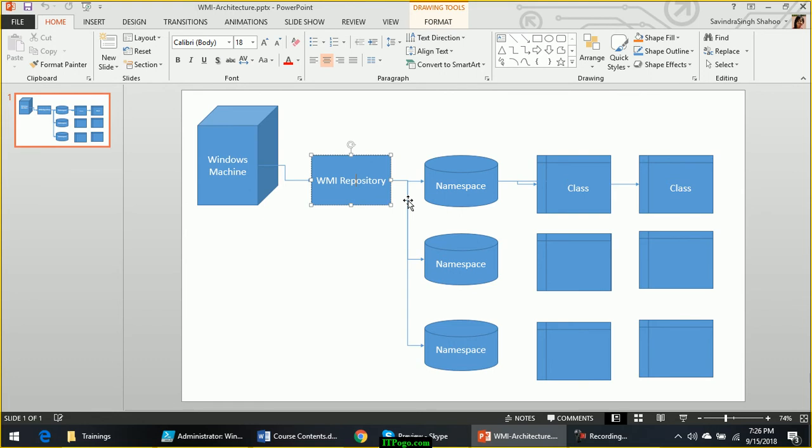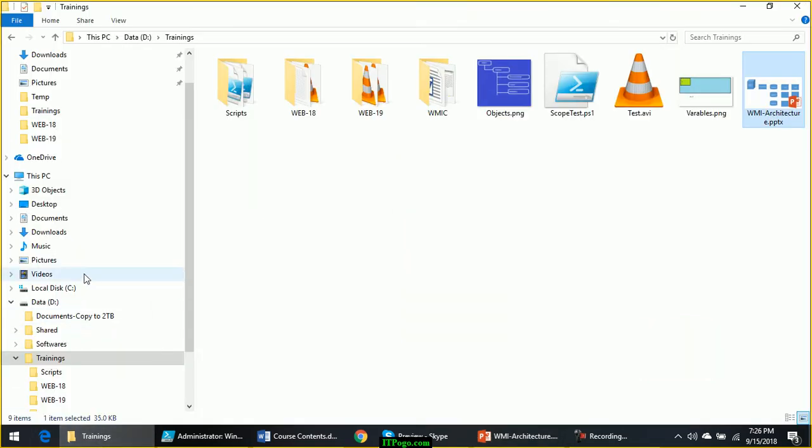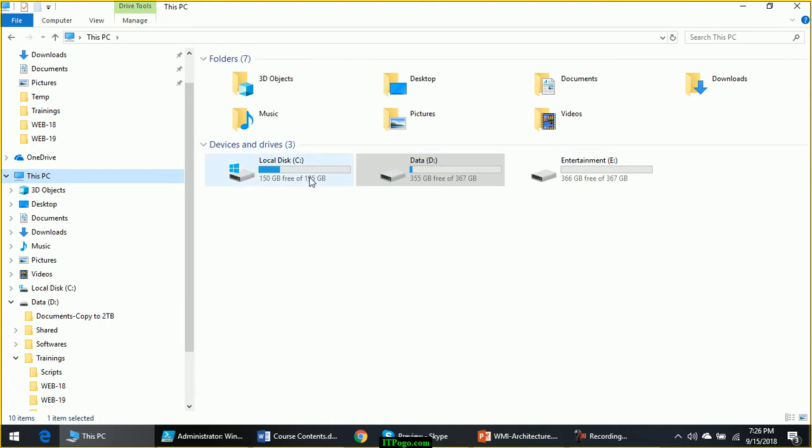For example, currently if I look at my computer, the amount of disk space which I see here, 150 GB free of 195 GB, and here only 1 GB is consumed out of 367, 366 is available. Now whatever information you see here, this is the real-time information.